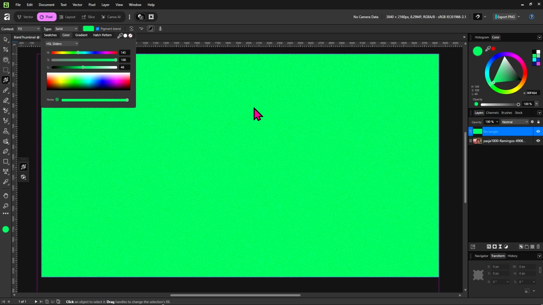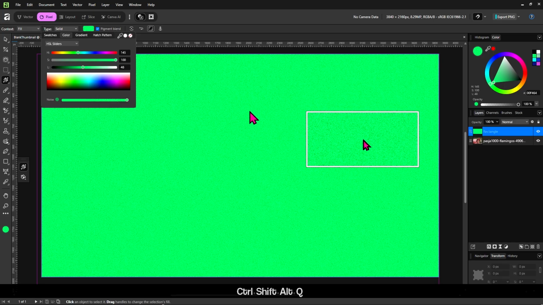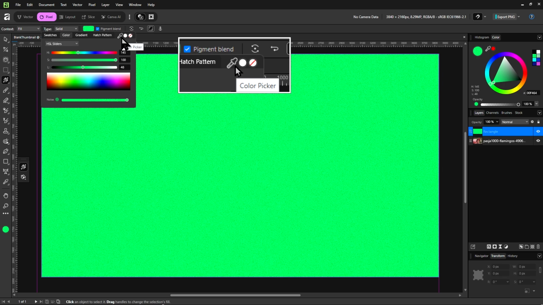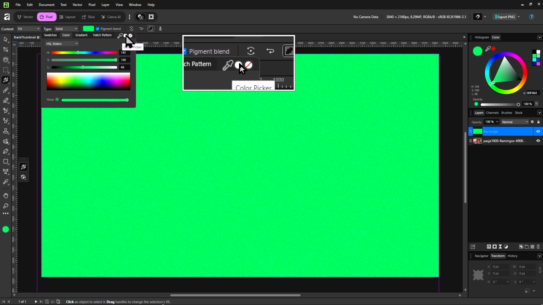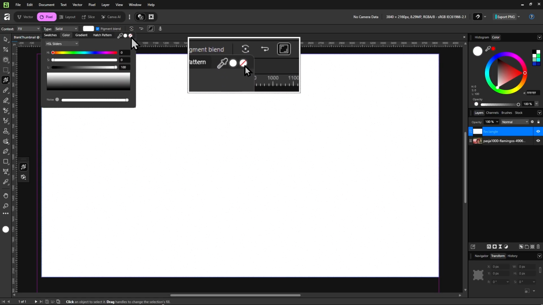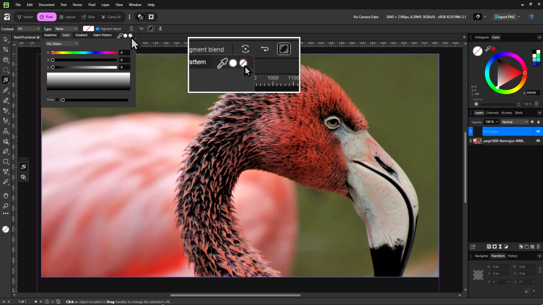Well, that was if you want to use a normal color. And there are these three buttons here. The color picker, and this white here, which will basically make your object white. And then there's this none here. And none basically means your object will have zero opacity, not just zero opacity, it will not have any color at all. It will just be a completely invisible object with nothing in it.